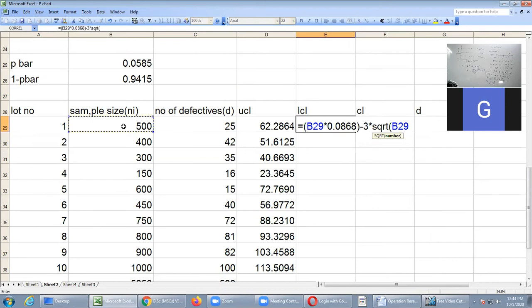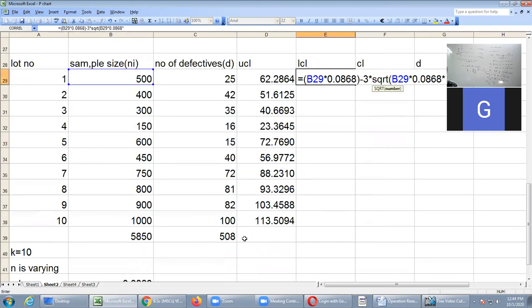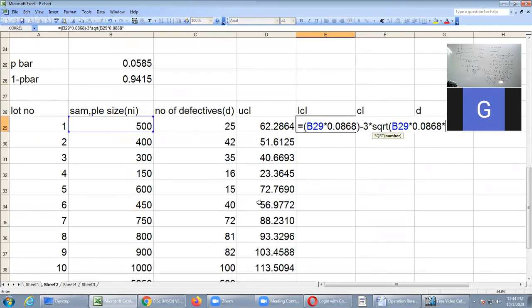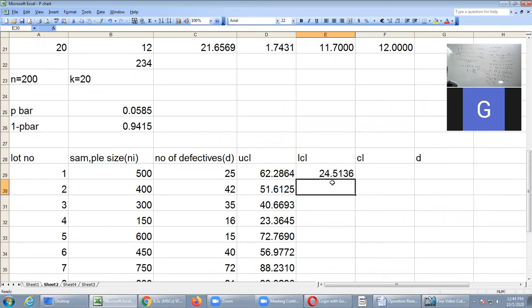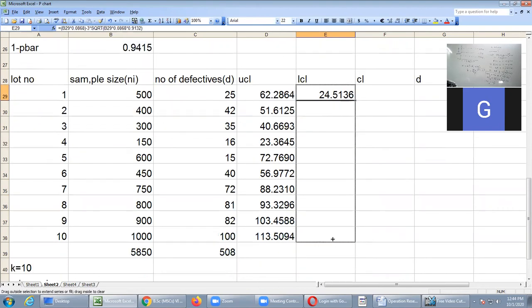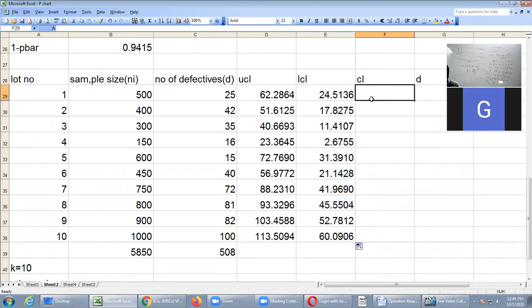Again the n value is varying, so select the first one into p bar value 0.0868 into 1 minus p bar, which is 0.9132. Close the brackets and then enter. Automatically you will get LCL. Now you can drag, and you will get different LCL values because n is varying here.